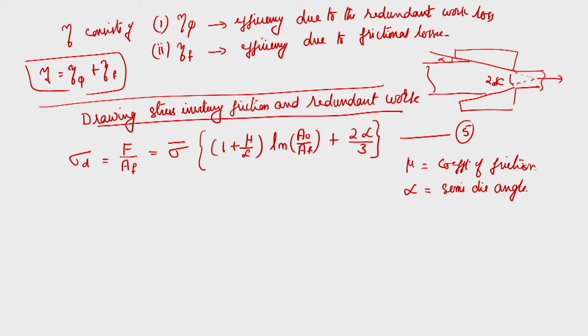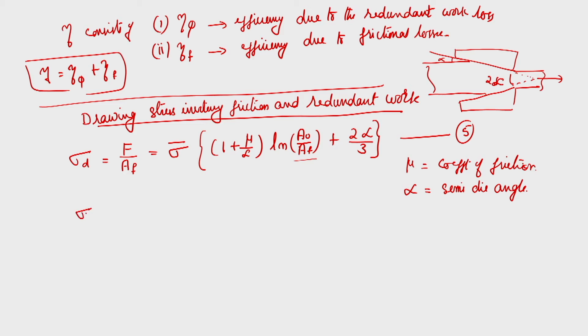Basic equation is for your homogeneous deformation, that is this part, okay. So, these extra terms are being added, and there is some merit in dealing with the redundant work by using a multiplying factor on the basic equation for draw stress in the presence of friction, okay. So, two mostly used equations are, another two equations are sigma d is equal to sigma bar, which we have discussed in the previous class, I hope, into phi 1 into log A naught by A f.